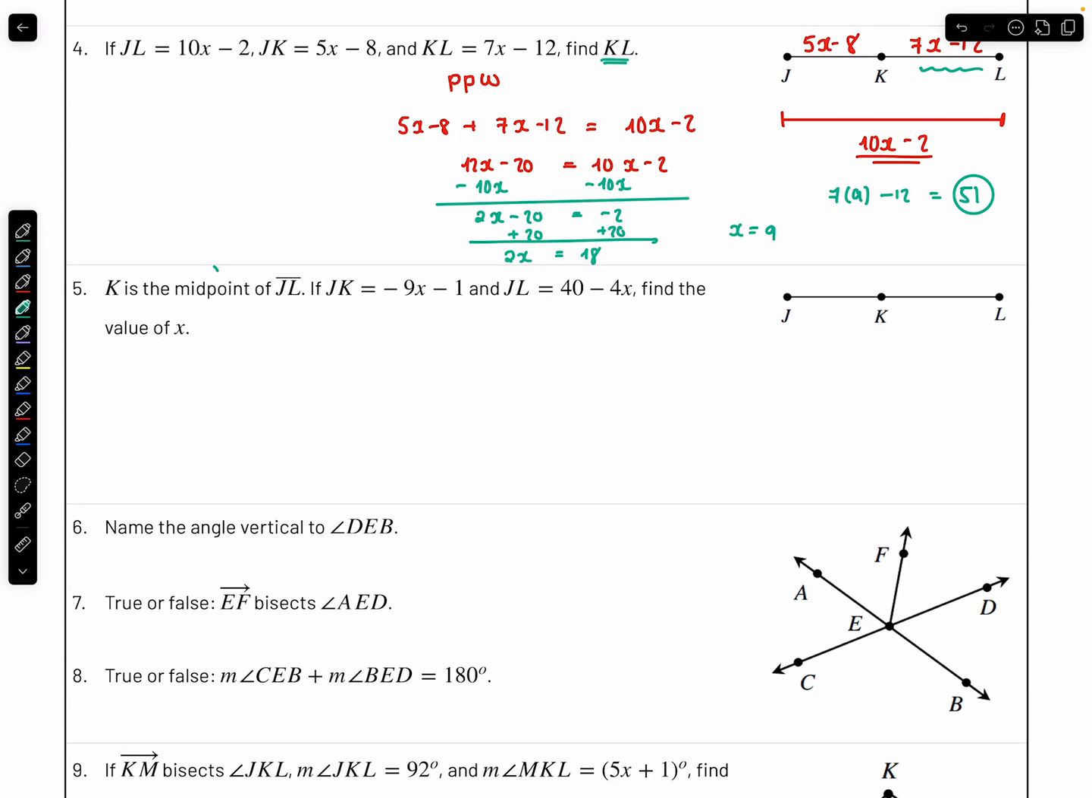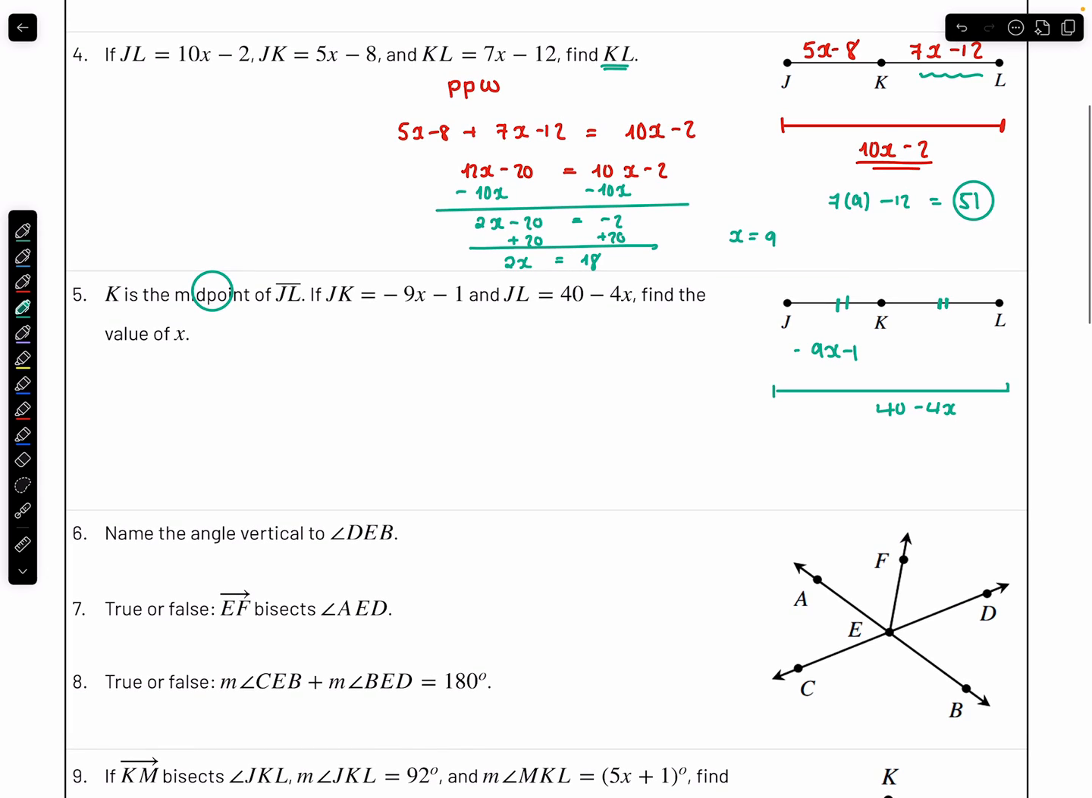Ooh, buzzword. K is the midpoint of JL. So this time I know that JK equals KL. You put tick marks on that. JK is negative 9x minus 1. And JL, which is the entire thing, is going to be 40 minus 4x. And so this is one of those questions where you have to pick a choice of, is this PPU or is this